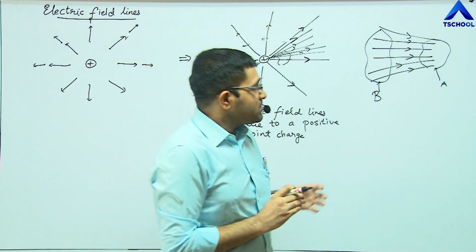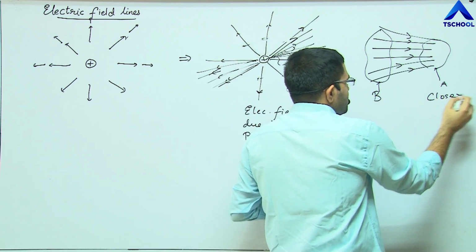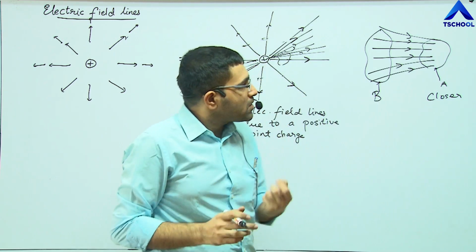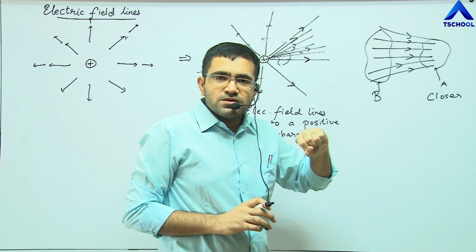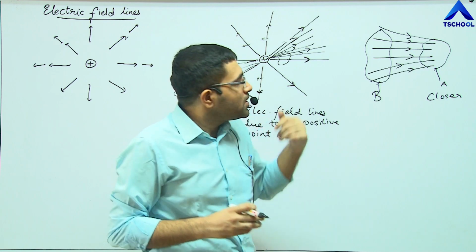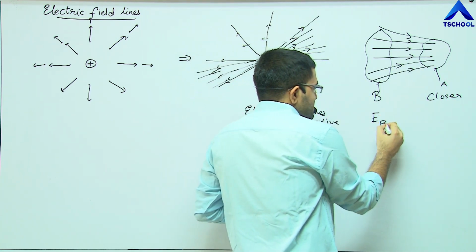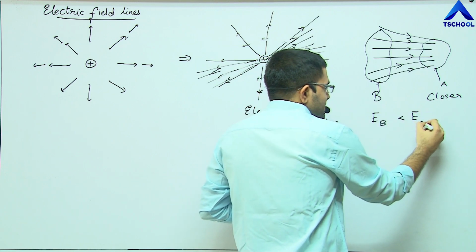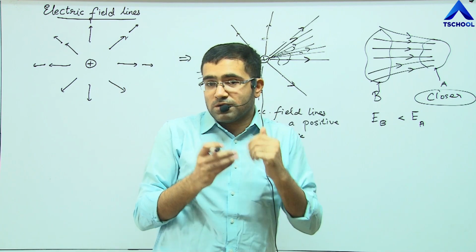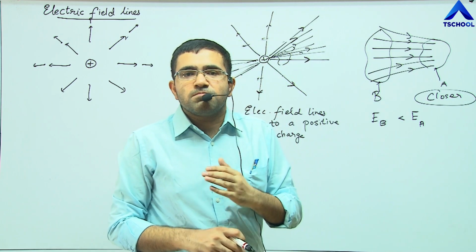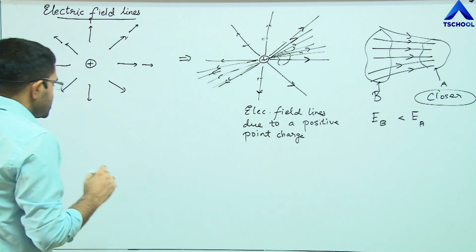Because the field lines at A are closer to each other compared to B, the electric field at B is in general weaker, has less magnitude compared to the electric field at A. Again, let me clarify: electric field in region B is weaker in magnitude compared to region A. The reason is the field lines at A are close to one another as compared to region B. So what we need to understand overall about field lines is, number one,